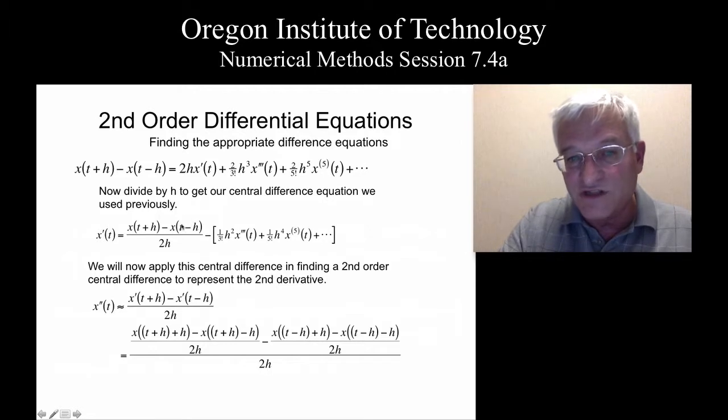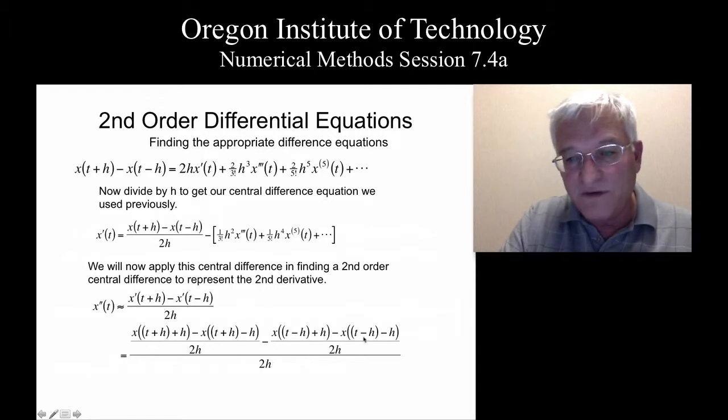I mean, we're just changing this t to a t plus h everywhere we see it. And we could do the same thing for the t minus h. Everywhere you see a t in this formula, just plug in t minus h, and this term would become t minus h plus h, which is just t,